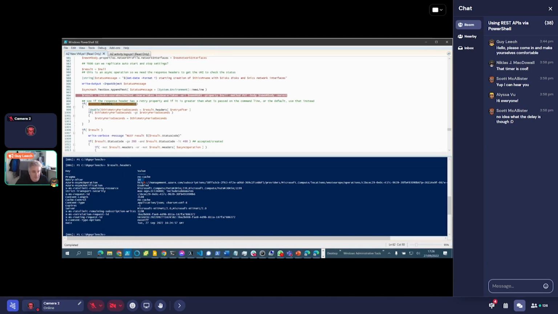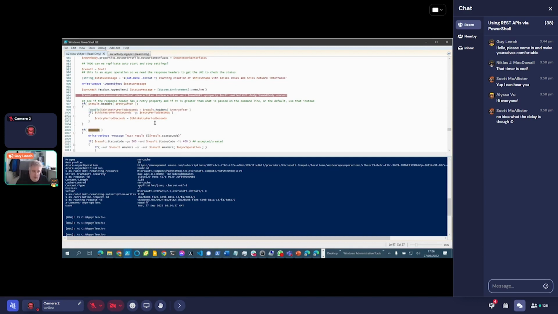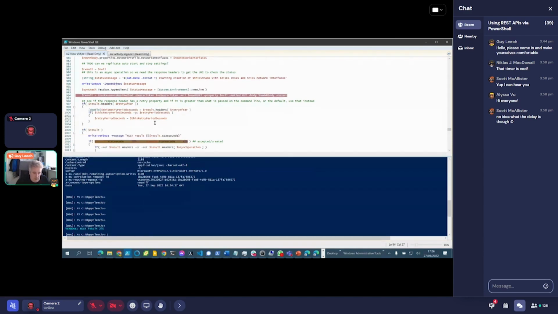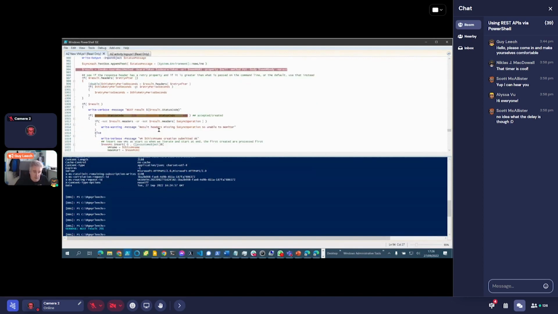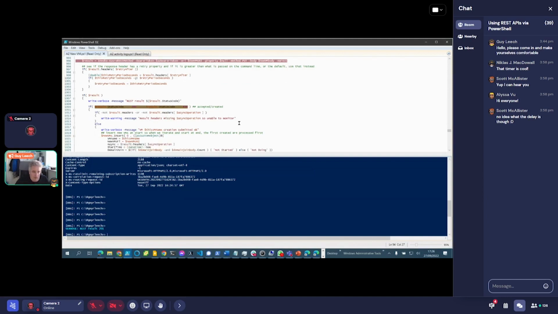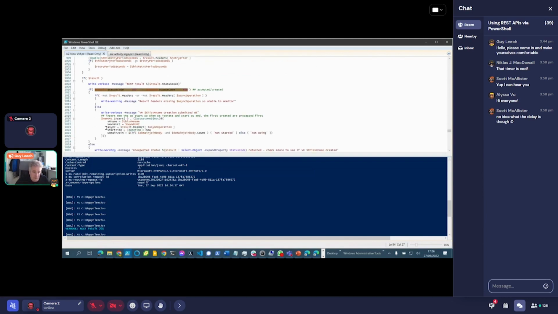And so if we step through this now, this is what I'm doing, because I'm in a loop now. I'm only creating one VM, but this loop could create 10 VMs. Again, use of write verbose when I'm debugging. So I'm checking the status code is a 200 or thereabouts. And what I do is I actually add an item to the table, or to an array that I can iterate through later, as we'll see. So my headers async operation is